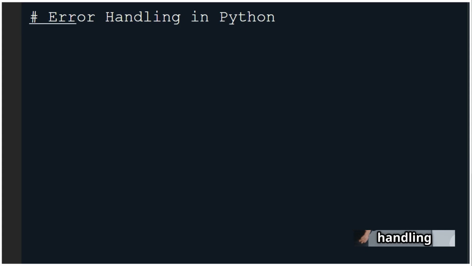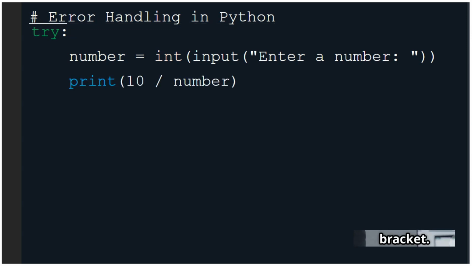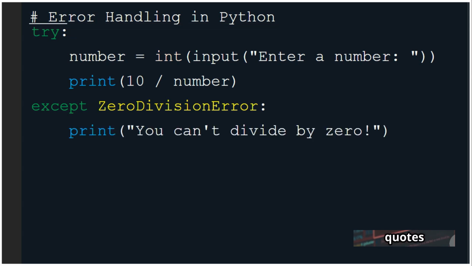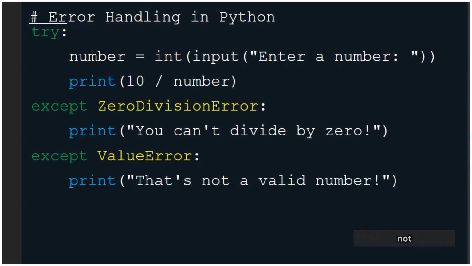Here is an example code for exception handling in Python. try: number = int(input("Enter a number: ")) print(10 / number) except ZeroDivisionError: print("You can't divide by 0") except ValueError: print("That's not a valid number")